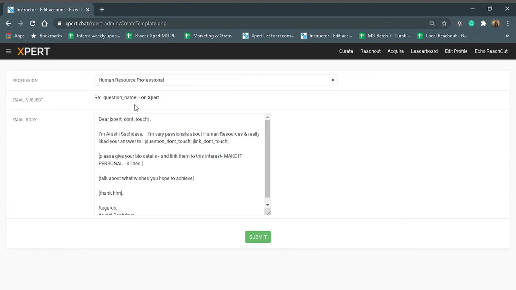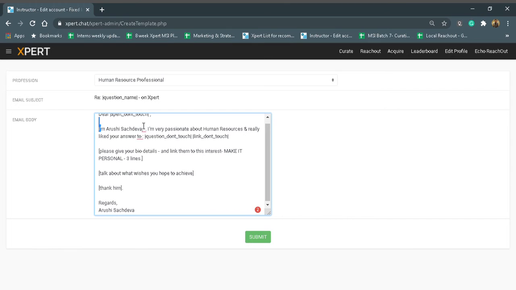this is something that you don't have to deal with. Email body, wherever in the email body you see don't touch, that part you don't have to do anything. You don't have to edit it, right? The email will start with your introduction. These parts where it is written don't touch, you don't have to edit anything. This will be automated when you send an email.